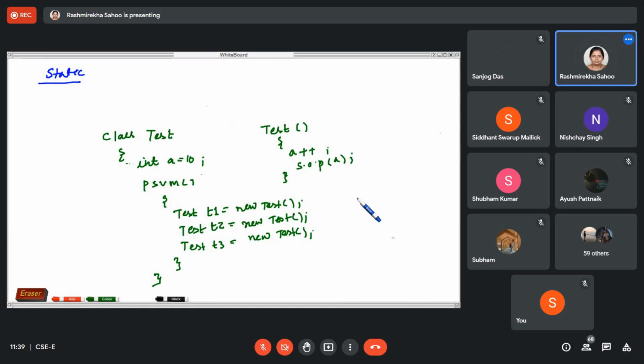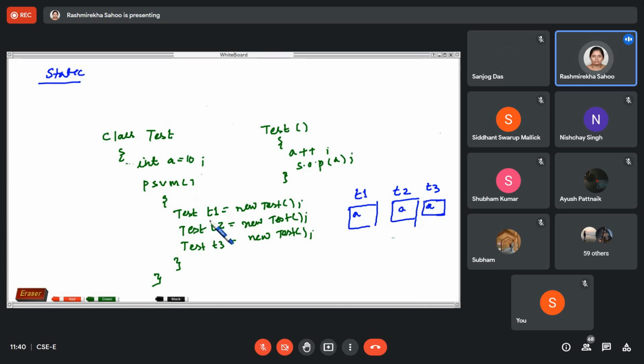So object T1 contains your A variable, T2 also A, T3 also A. The number of objects we are creating, that number of copies of variable A will be stored in those objects.